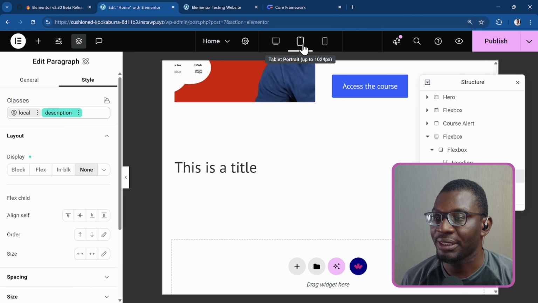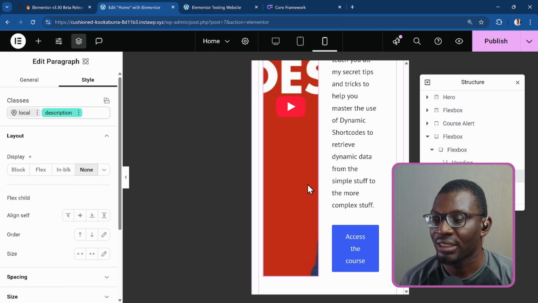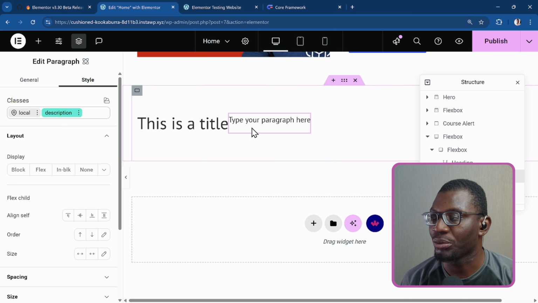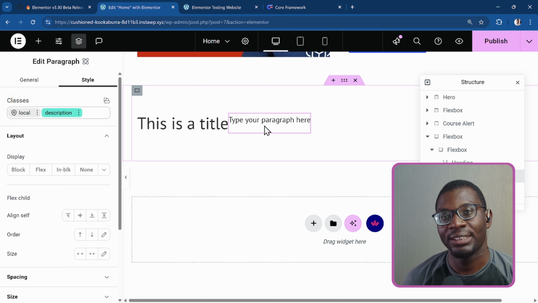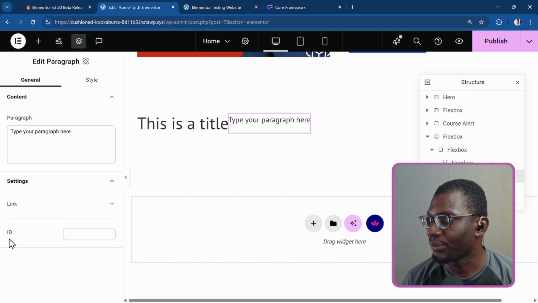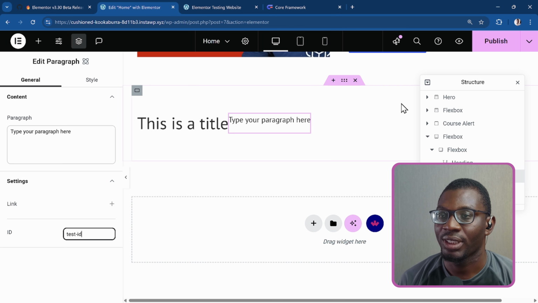So now on tablet, it goes down the cascade. So tablet and mobile, it will be hidden. But when I go back to the desktop, the element will be showing up as normal. The other thing that was added is the ability to add CSS IDs. So if I go over to my general tab, you can now see that we have an option for ID. So when I add the ID, let's say test ID, and I publish it,